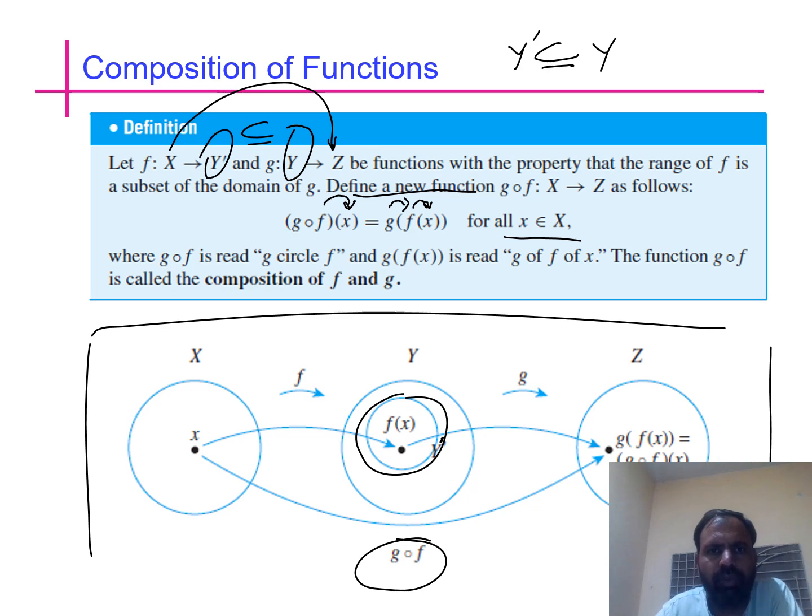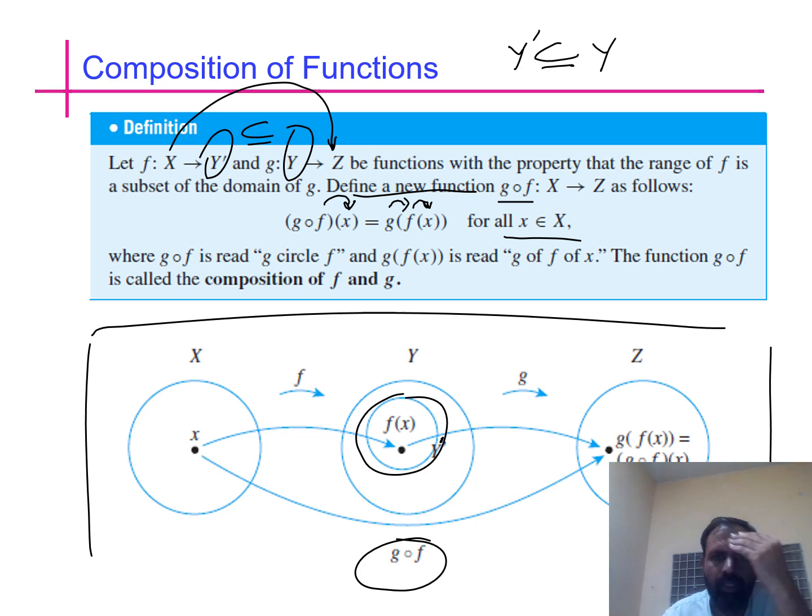Now, composition of functions. In the previous lecture, we also discussed the composition, but here we discuss the composition of functions by showing these diagrams. If f from X to Y prime and g from Y to Z are functions with the property that the range of f is a subset of the domain of g, define a new function g circle f, you can say g of f, from X to Z,